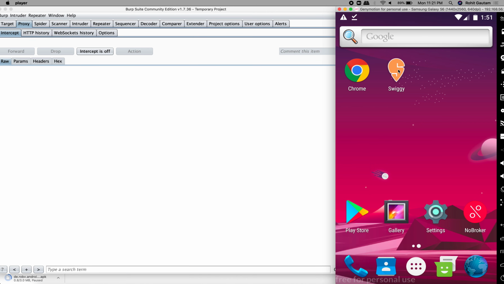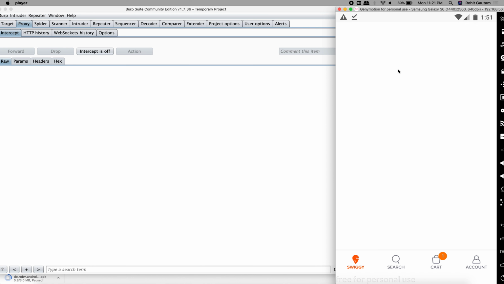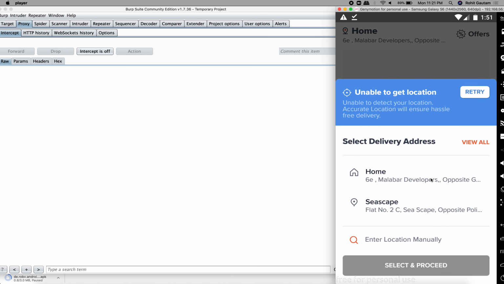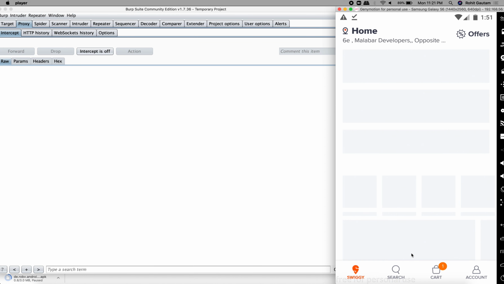So let me just open up the Swiggy application. Okay, first it says unable to get location. Let me choose any location from here, and you can see something's not right. Our best minds are on it. Why this? Because this application is doing Android SSL pinning checking perfectly.